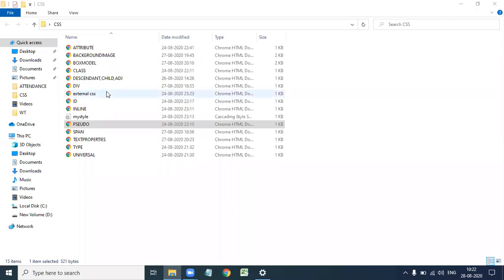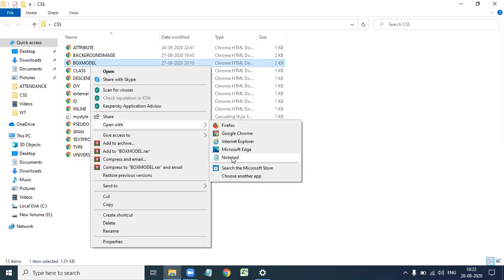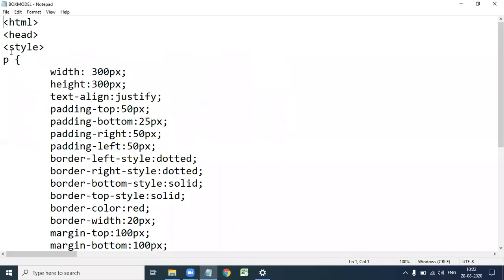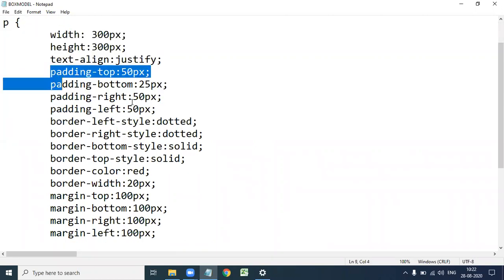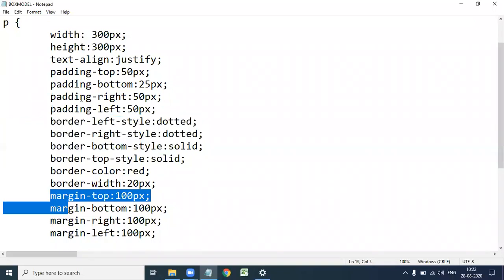Next, now we see the box model. This is the box model example. The box model consists of 4 parts. First one, content, where we set width and height and text alignment. Second one, padding. Third one, border. Last one, margin.